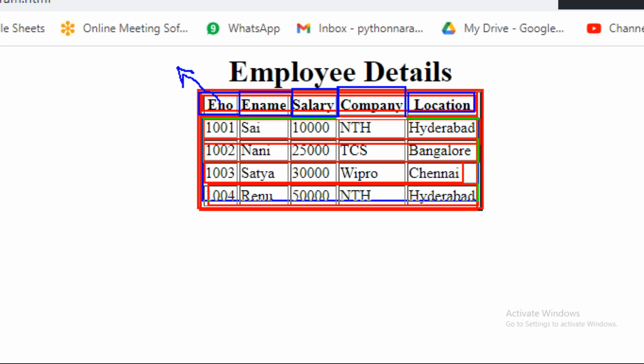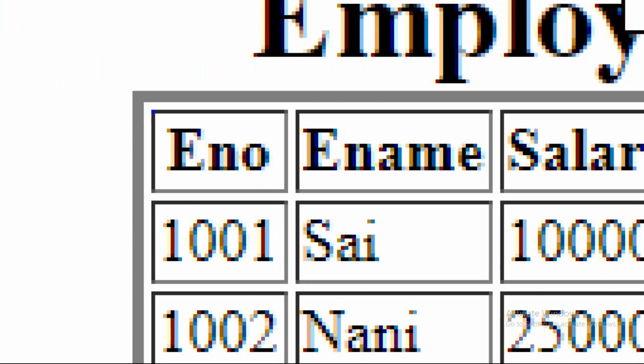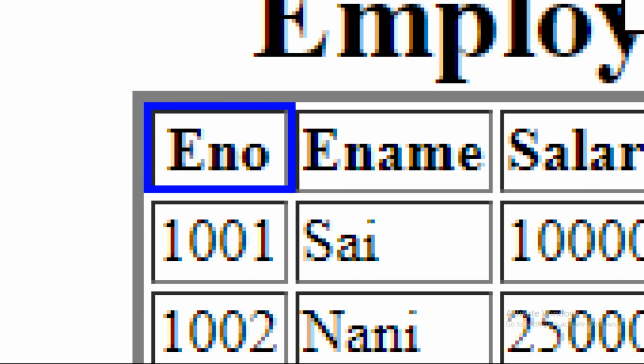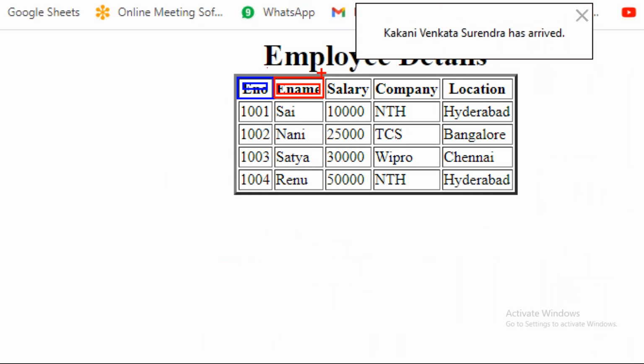In the body, these are all the td tags, guys. Td tags, okay? Now all of you observe here, this is the th tag. In the th tag, this content is there. Here also, this is one th tag, and in that also content is there. Like that, guys, all th tags. It's also a th tag, content is there.